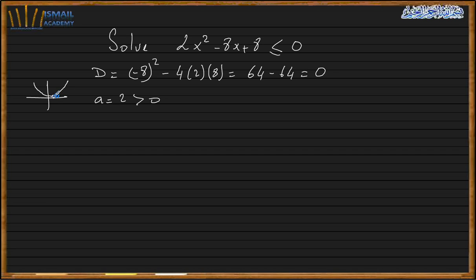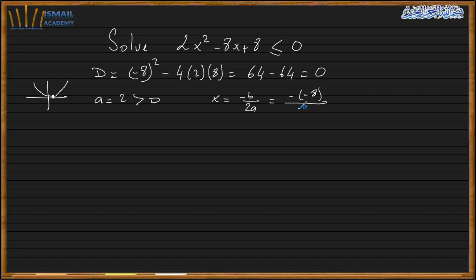Let's assume that this is the only place where it can be 0. Now they want the expression to be negative. So when the expression is negative, this cannot be negative. Why? Because when d is equal to 0, that means a perfect square. I should check a is positive. That means this expression is always positive, above 0, but it can be 0 once at x equal to minus b over 2a. This is where the expression can be 0, which is